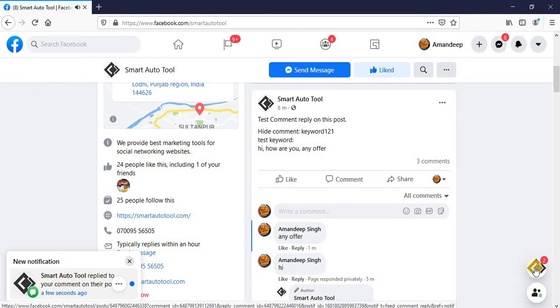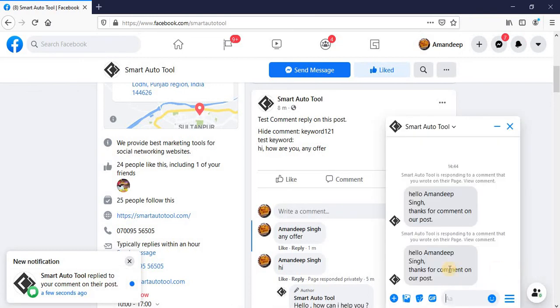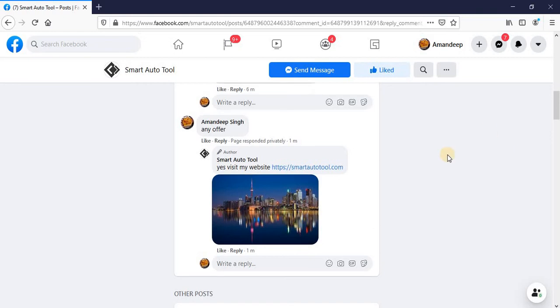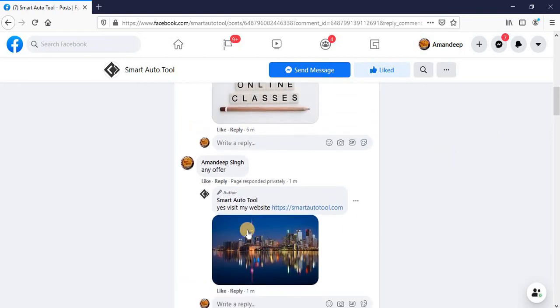You can see the notification and also the message. Click on the notification to see the comment reply. Here you can see the next image and a website.